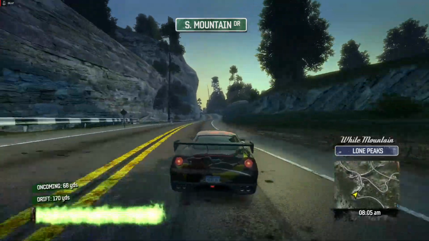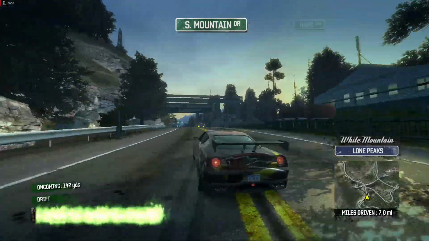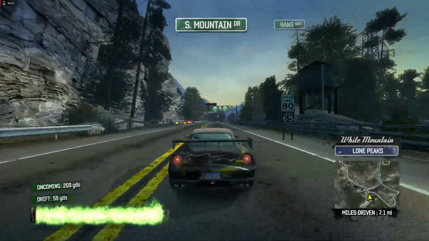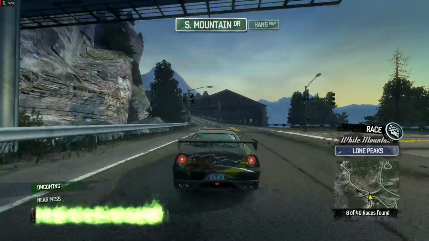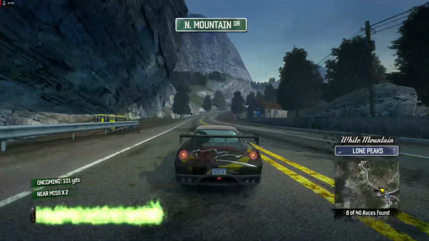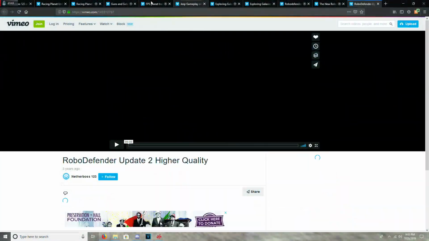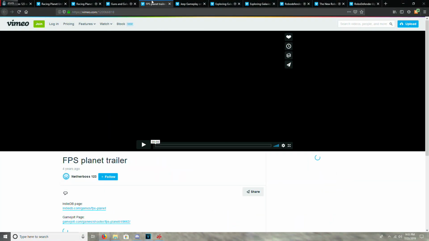But I have a couple memorable ones. So let's get a couple of these here. I've already showed you Ninja Run. I haven't showed you my first FPS game. Okay, so I actually have a lot of these here, so this is probably going to be long. But this first one is of this game that I tried making called FPS Planet.